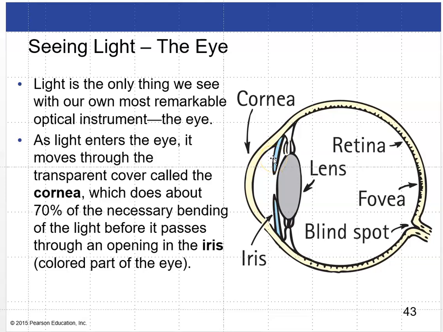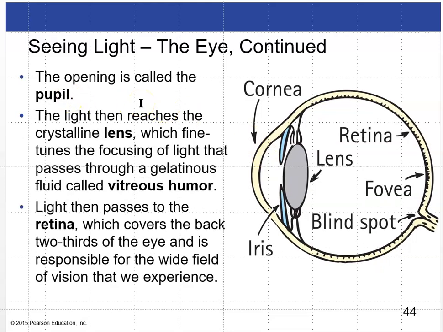The iris is the colored part of your eye. So if you've got blue eyes, that's the blue part. If you've got brown eyes, it's the brown part. If you've got green eyes, it's the green part. That opening is called a pupil, and that pupil can expand or contract in response to the light to protect the eye from having too much light,